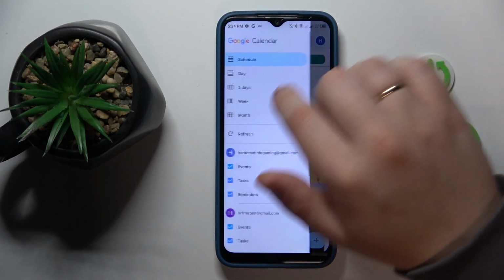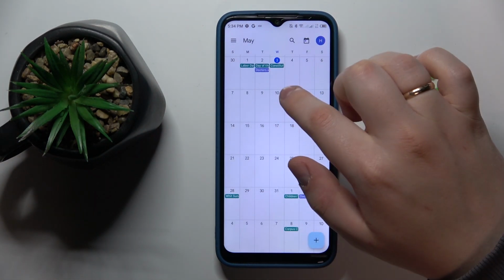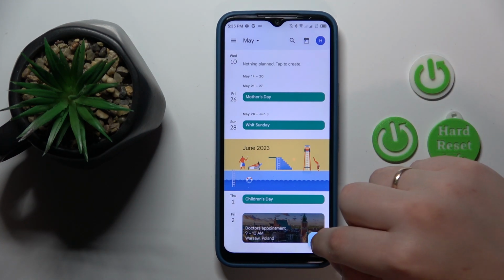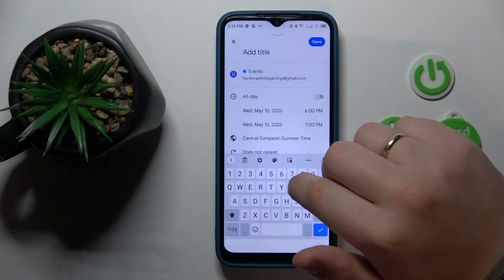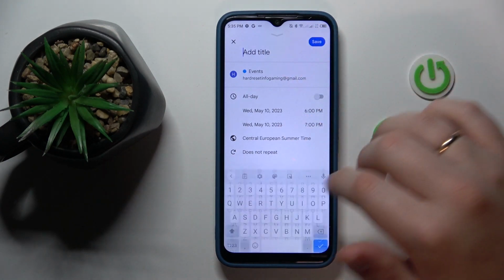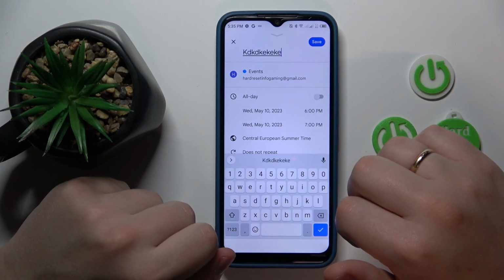You gotta firstly select the date that you would like to set an event on. So let's say I'll go with the 10th of May. Then hit the plus button to your bottom right, choose an event option from the list, and fill out all the required and optional fields that you'd like to, or event details to put it in more apparent or obvious words,